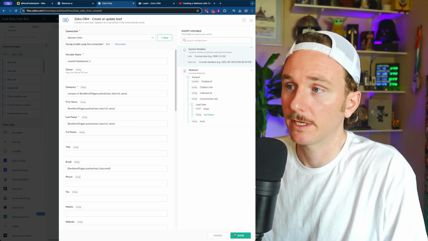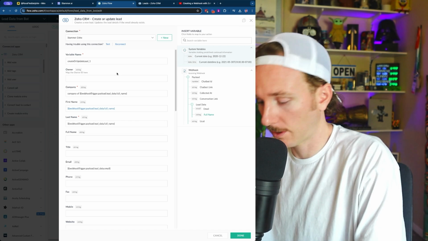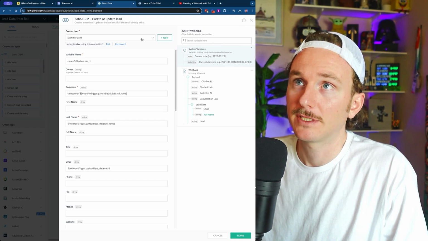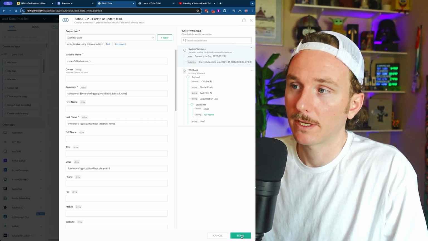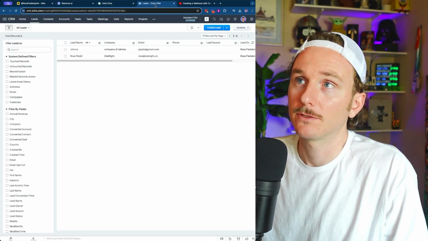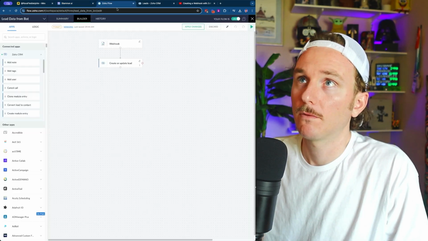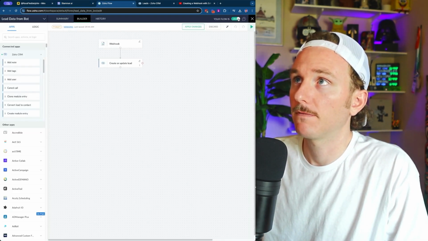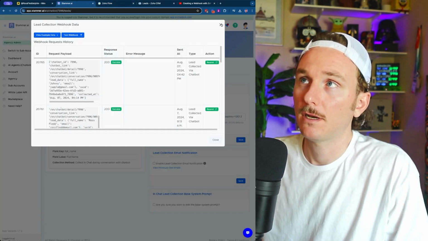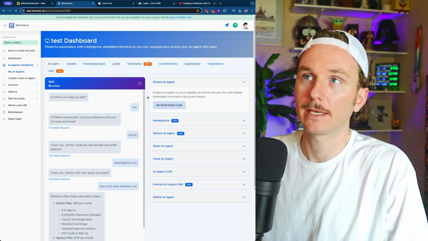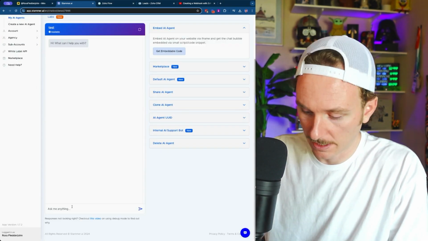So now when we click done, and I'm going to just quickly remove that so we don't have duplicate data, and we click done, now when we send information, this is going to save and auto-populate the information inside Zoho CRM. So now what we can do is make sure we've saved it and then turn the flow on. Once the flow is on, we can fully test it from end to end by going into the AI agent and starting a new